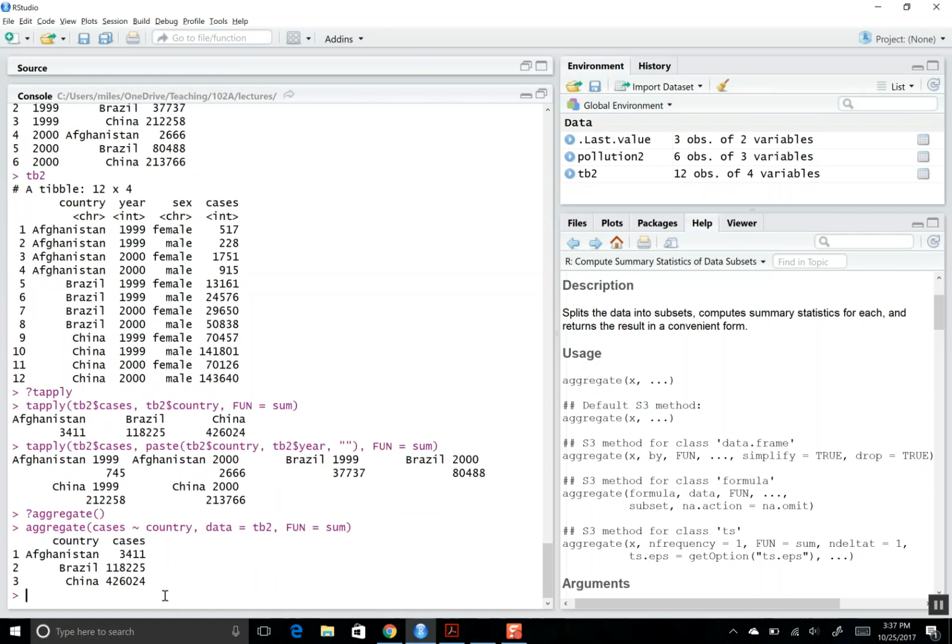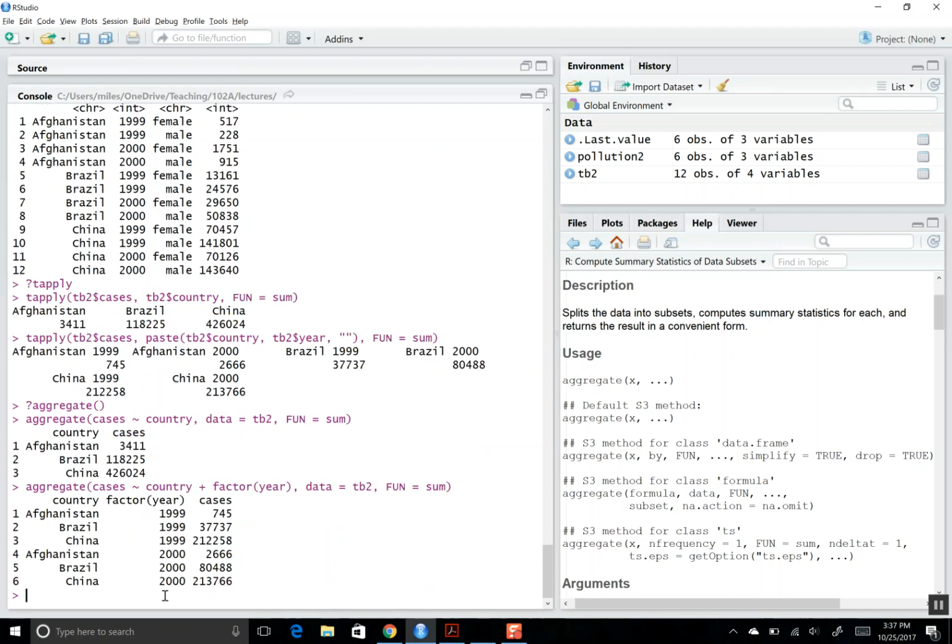Okay, so that's this one. All right, can I do country and factor year? Okay, so this will do this. So it's possible to do it in base R, but